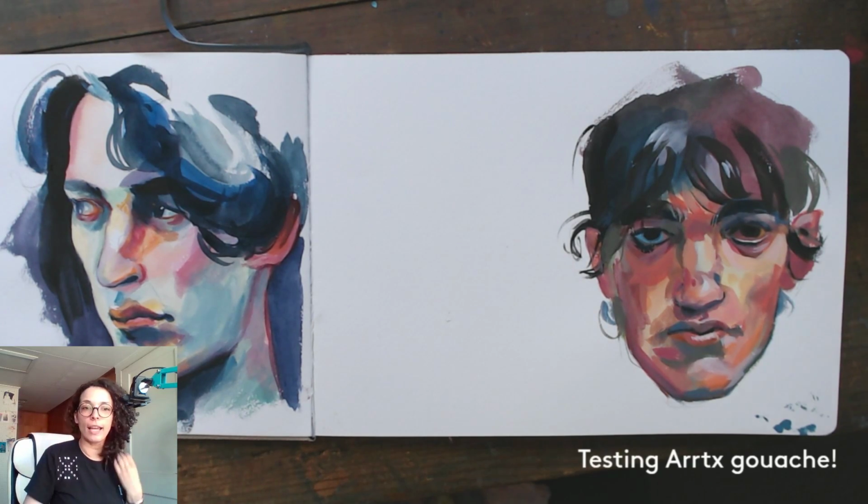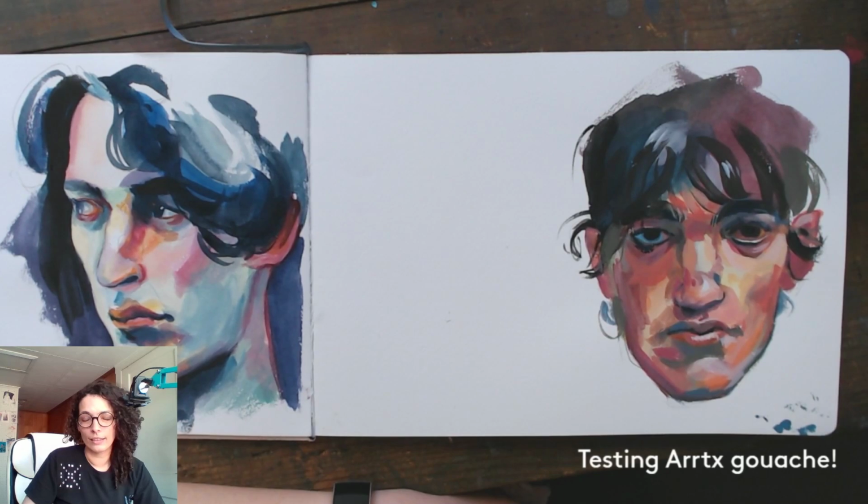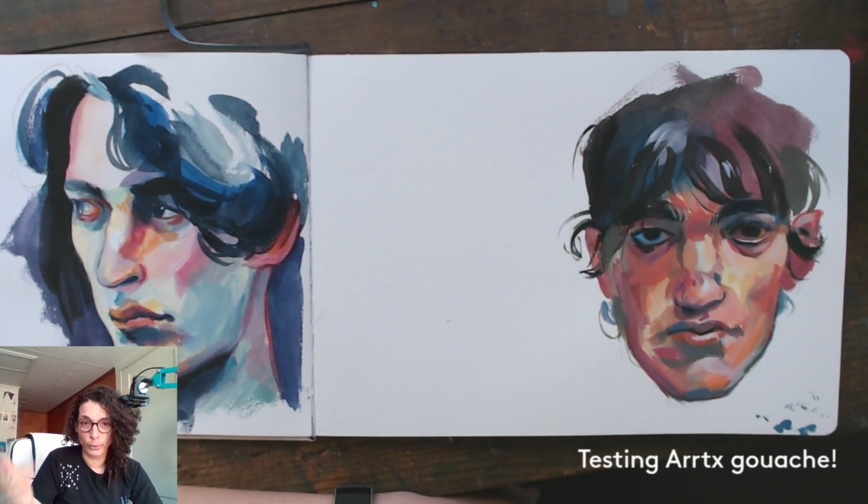Do I ever wear contacts? I have never worn contacts. When I was a teenager, I wore colored contacts because I thought they were cool. But at the time, I didn't need glasses. I didn't need glasses until I was 18, 19, 20, somewhere in there. But I've never worn prescription contacts before. My prescription's not super strong, but